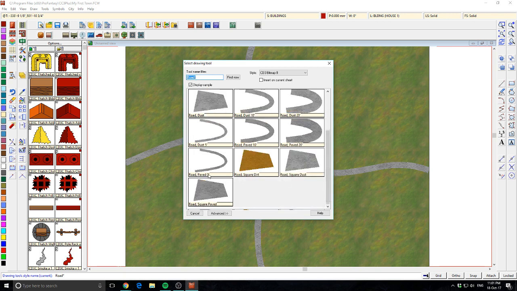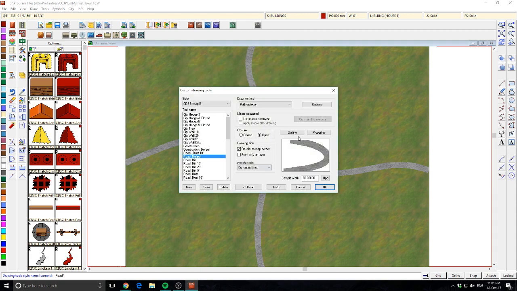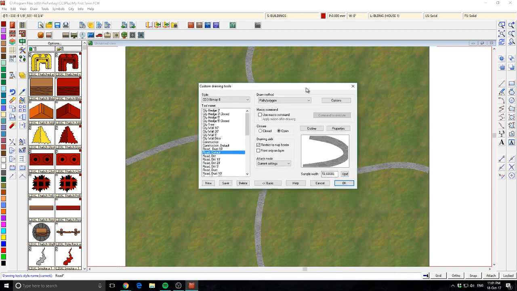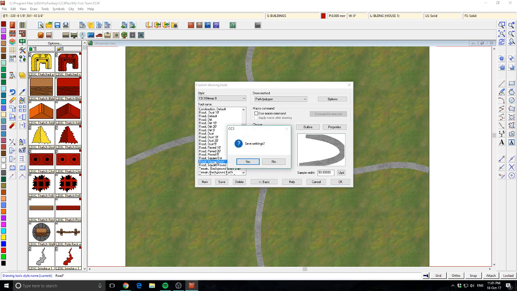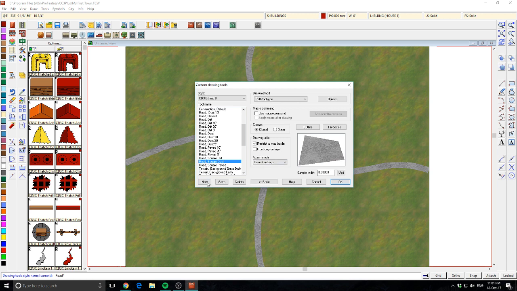Now, what I actually want is to make a bit of a circle courtyard in the middle. So I'm going to create this road square dust. I'm actually going to create a copy of that. Alright, road circle dust. And what I'm going to do with this one is change this to